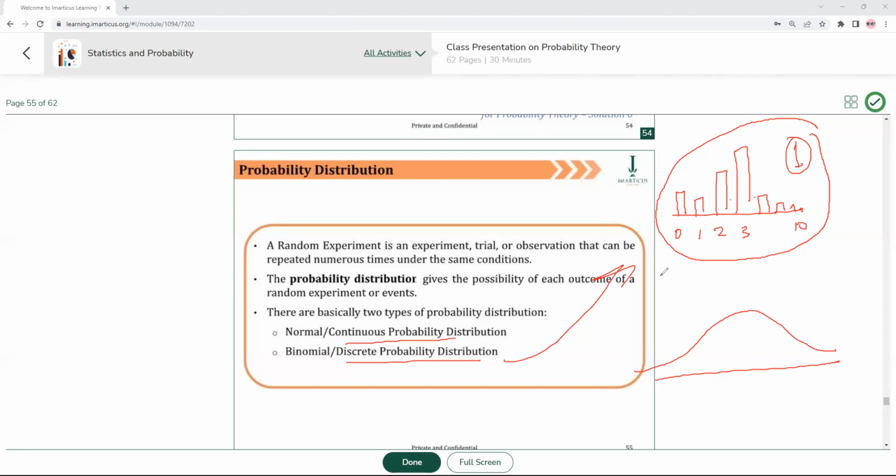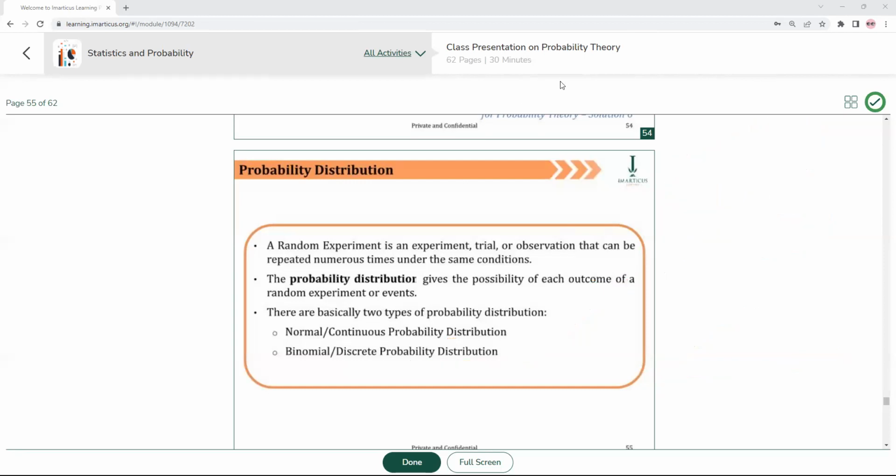ठीक है? Now, any questions on this? आज के सेशन में